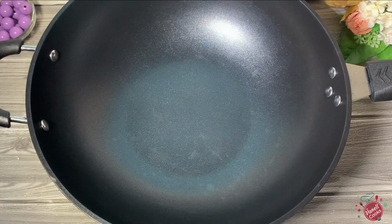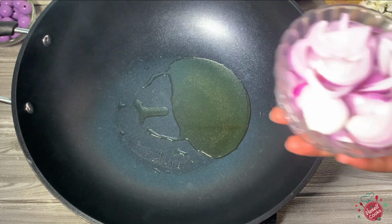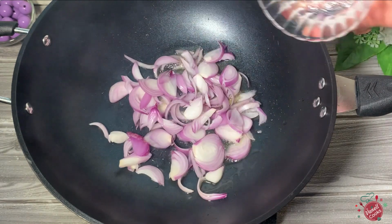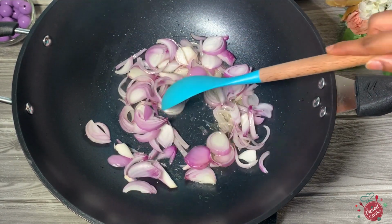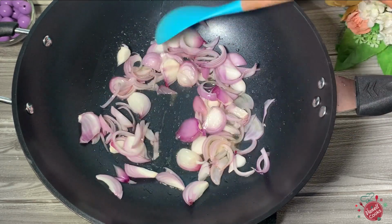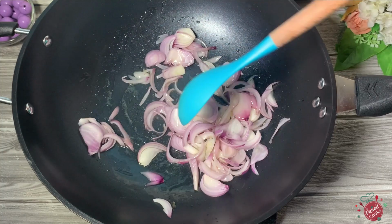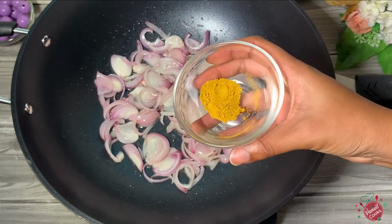Next, to a heated pan, I'll go ahead and add my cooking oil. Preferably, it should be coconut oil. But if you don't have it, use whatever you have available, okay? To this, I just added my sliced up onions. You can slice, dice, or chop your onions however you want it. Go for it, okay? So we will saute this in there for about a minute